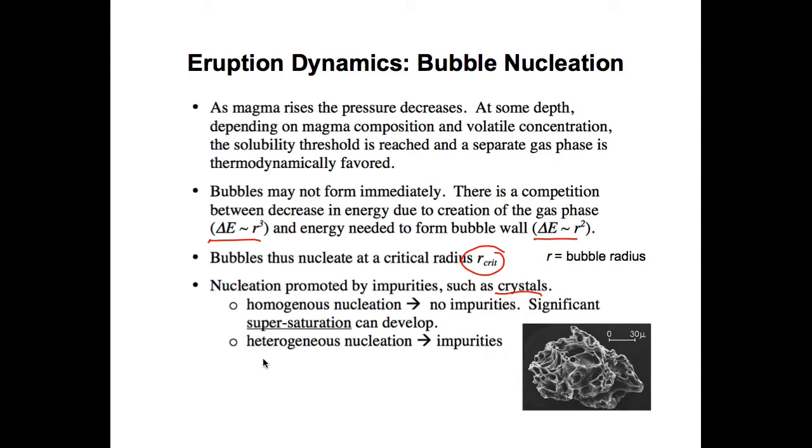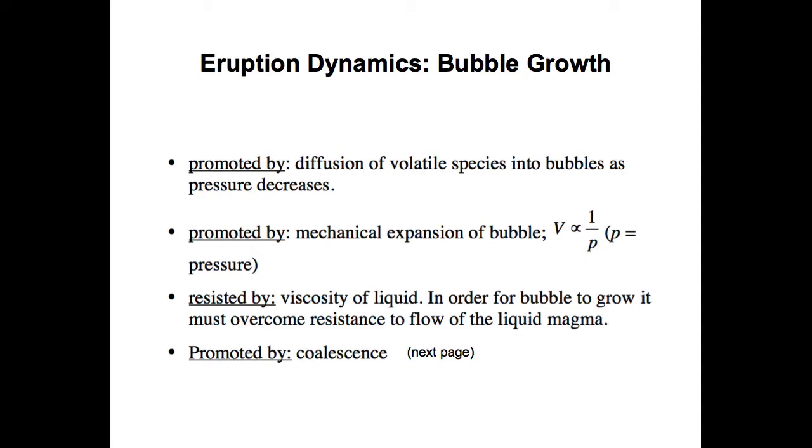So we actually call that heterogeneous nucleation when there are impurities, and that aids the formation of the bubbles. When there are no impurities, you get what's called homogeneous nucleation. And in homogeneous nucleation, the formation of the bubbles can actually be delayed somewhat, which leads to supersaturation in the volatile phase. In any event, sooner or later, the bubbles will form, and then there are a variety of processes